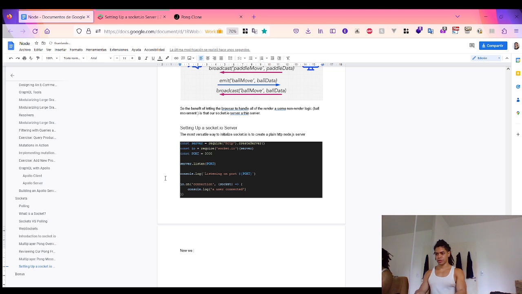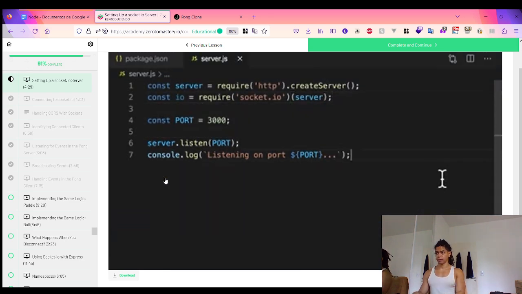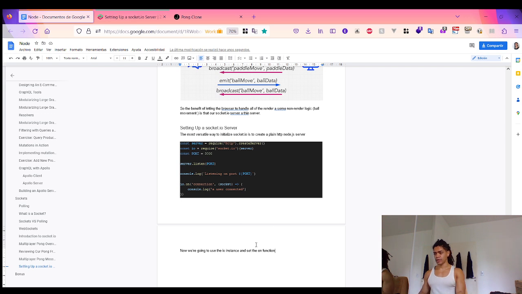So now we are going to use the IO instance and set the on function, the interface that our socket server uses to register an event listener, which comes from the server that we just created. Now that we have our server set up, we're going to use this on function, which comes from the event. Exactly. So now we're going to use the IO instance and set the on function to listen